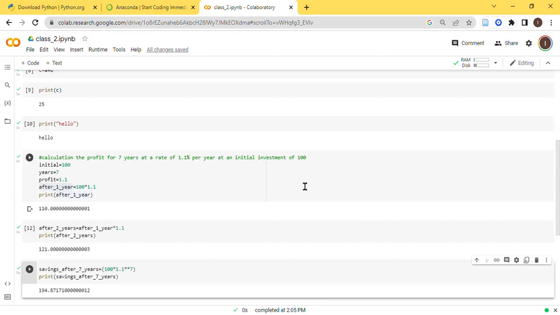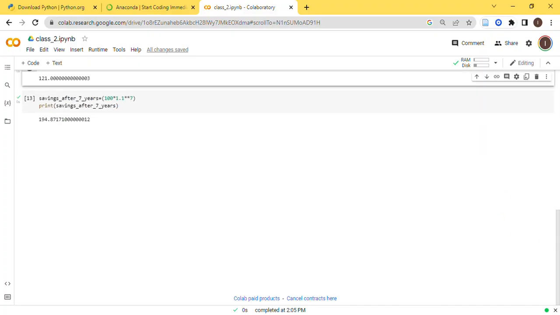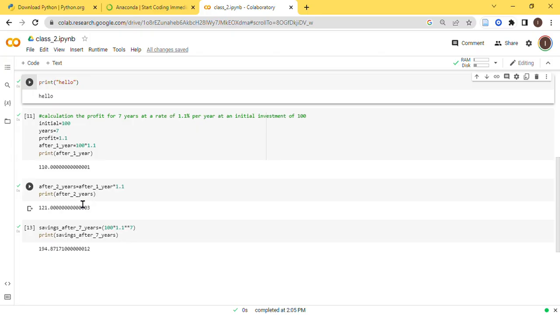How to make this more interactive and understandable for someone who is reading your code? Because being a programmer, you know what this 110 means, but you don't know what this 194 is. So for anyone who is reading your code, you need to make it more understandable, right? So how can we make it? We can make a